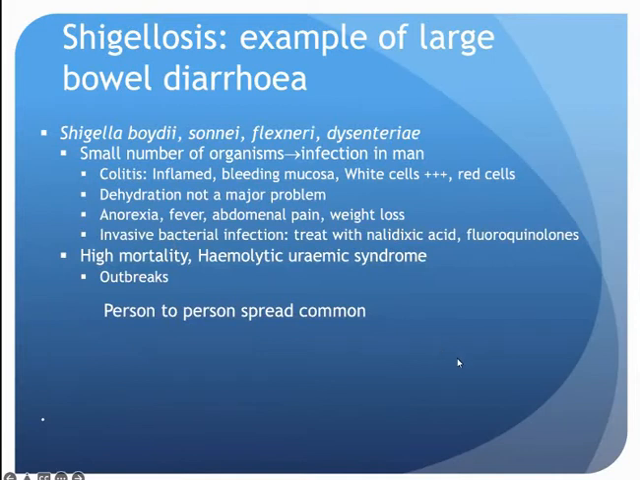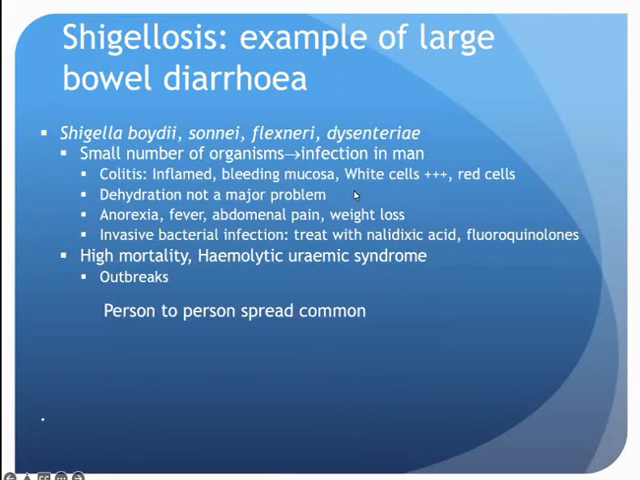Now, let's talk about large bowel diarrhea. Shigellosis is a good example of this. There are a number of different subtypes which can cause it. And what's important is you don't need a large number of organisms to cause infection. It causes a colitis, so that is an inflammation of the large gut wall, and you get bleeding of the